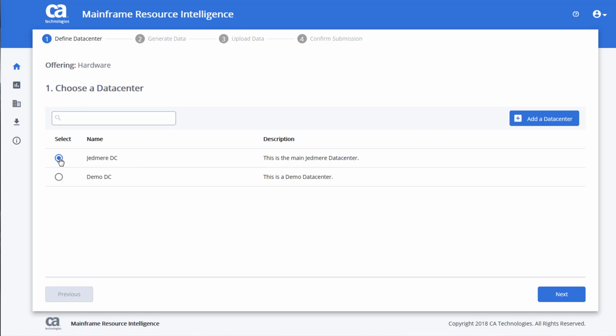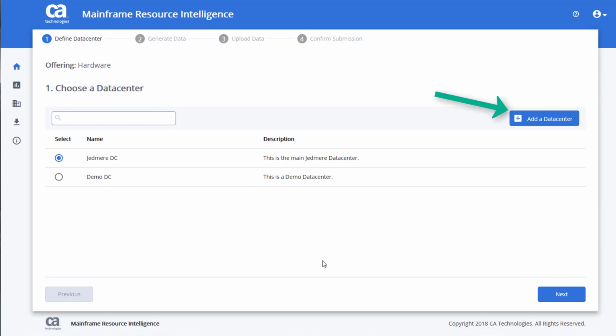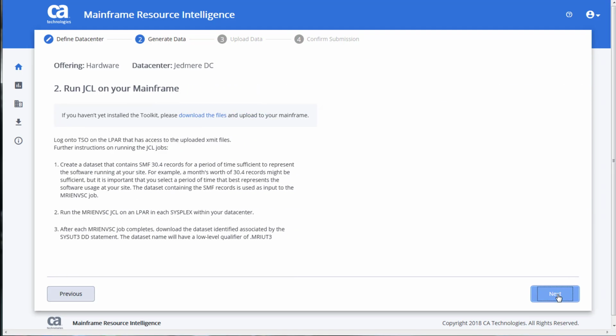The next step is to add or select a logical container to represent the environment you're scanning. We call this container a data center. Creating a new data center works exactly as you'd expect, entering a name and description, so we'll just select an existing one here. Next, you'll download a one-step discovery toolkit,